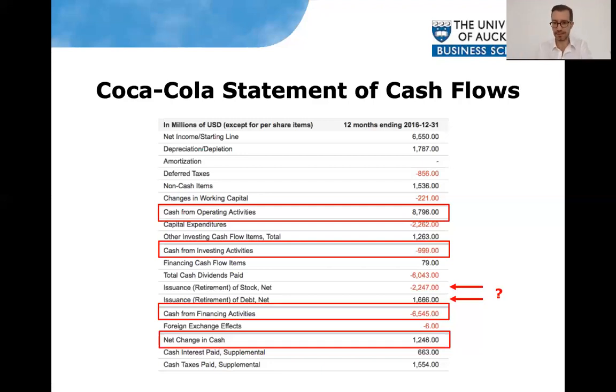Coca-Cola is a mature business. If you have a young tech companies, probably the structure could be similar, but the distribution of the cash inflow and outflow might be different depending on the business. So again, this is a cash flow statement official of Coca-Cola. You can try to follow the similar structure, but feel free to adjust it so that it's easier, simpler, and more targeted to your business. If you want to take an example, look online to the as an example.